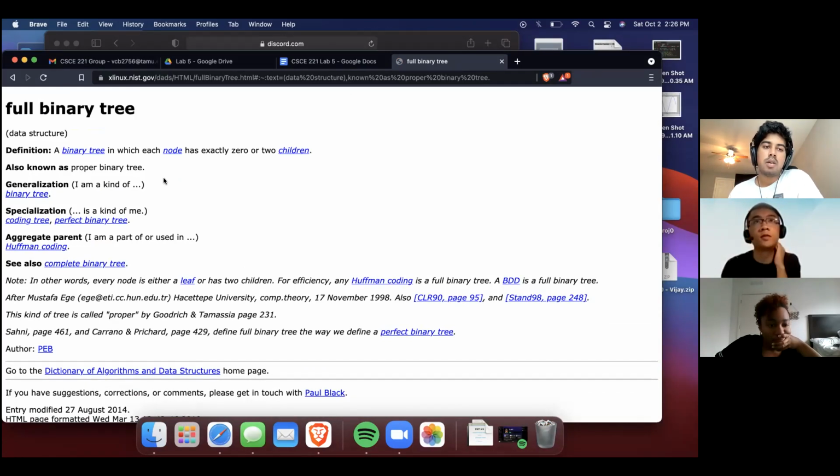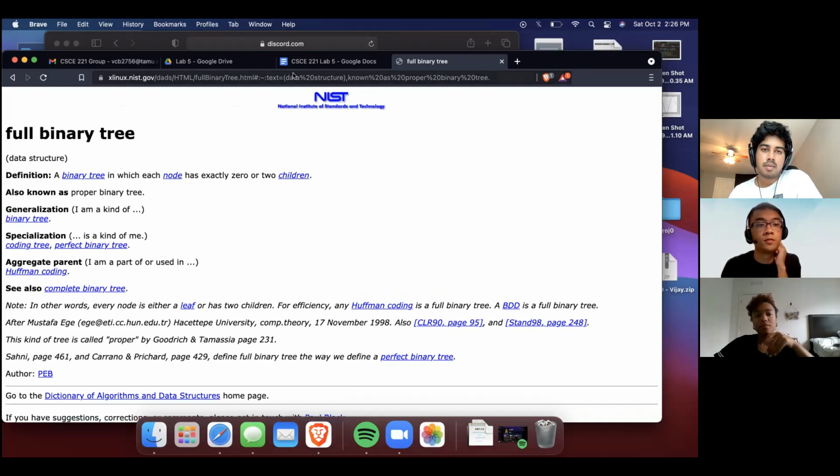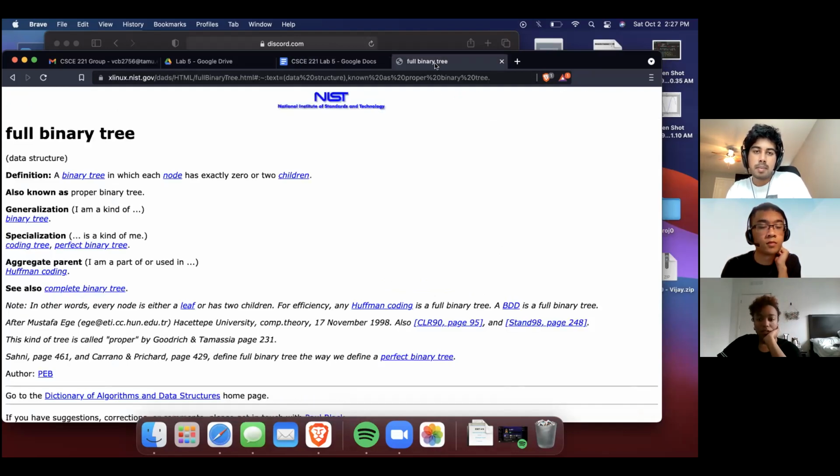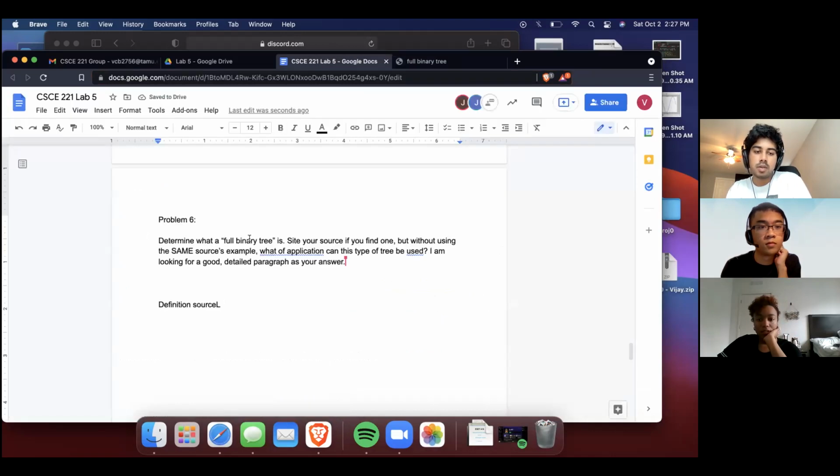Okay, so every node has either 0 or 2 children. Okay, yeah. Here, before I do that, definition source. Because he wants a different source if it's for the application. A full binary tree is a tree with